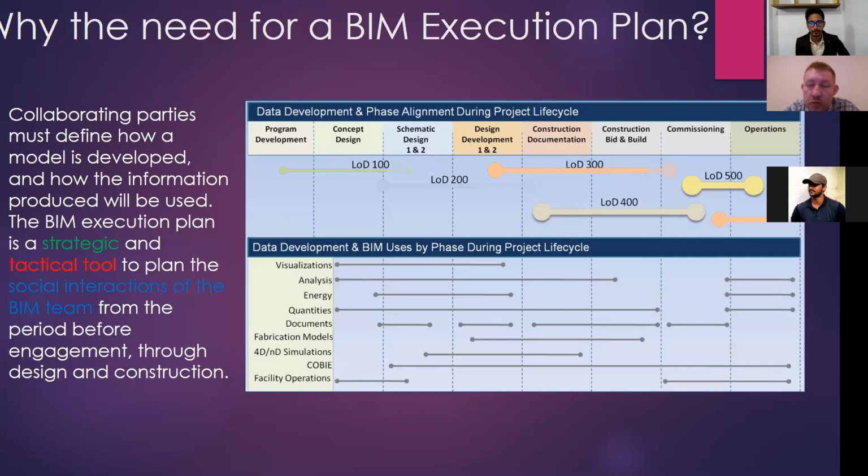So if you are doing excellent visualizations of a Revit model, but you have no purpose, you don't know why you are using it, then I think that it's a waste of time. So what type of information you're producing and how it will be used, I think is key in a BIM execution plan. So the BIM execution plan is a strategic and tactical tool to plan the social interactions of the